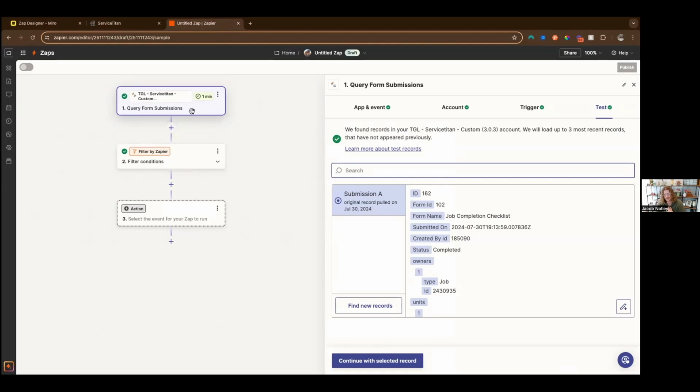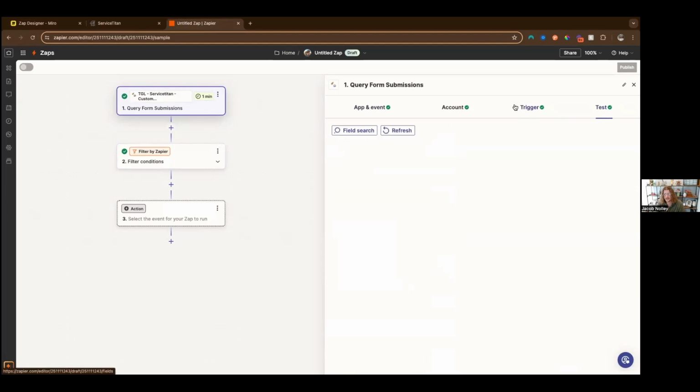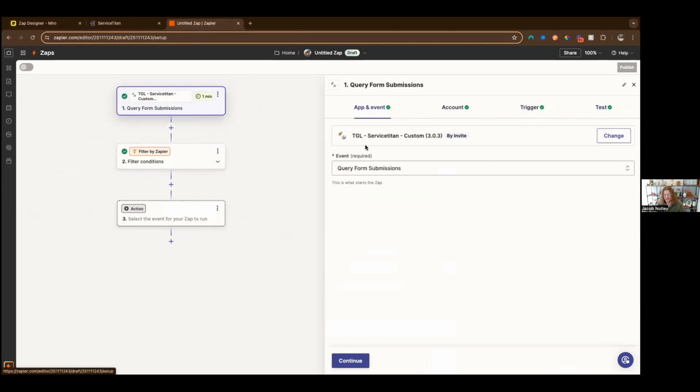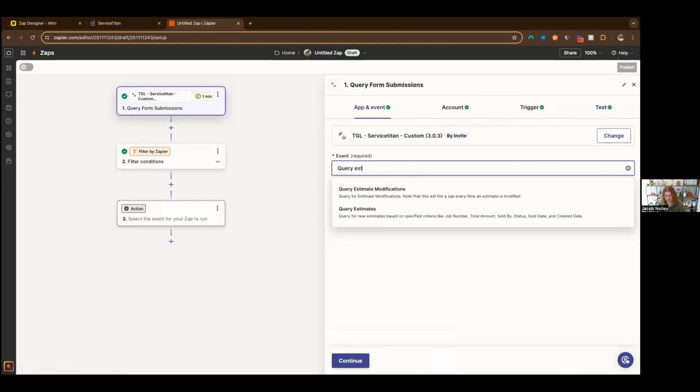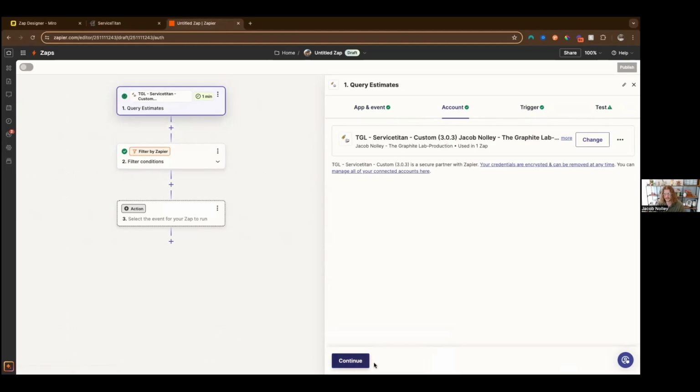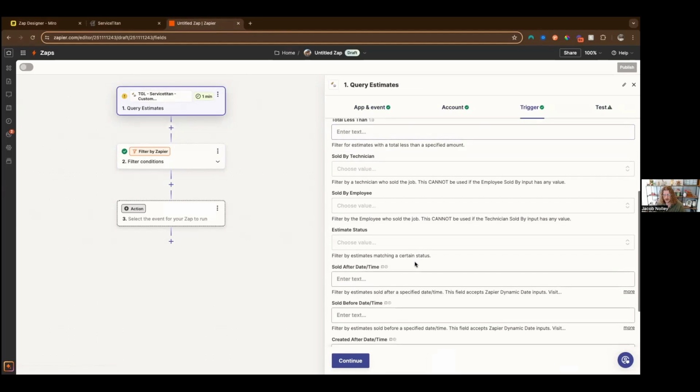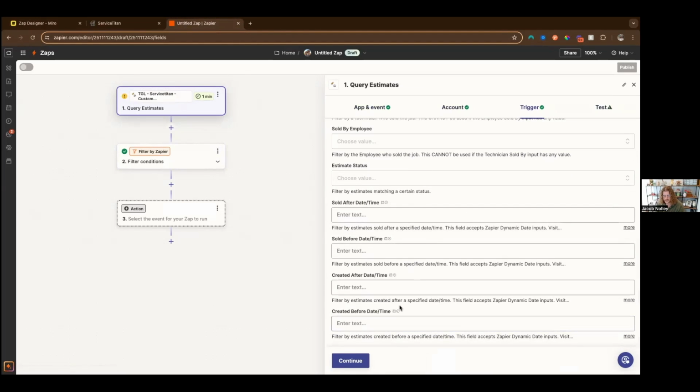And what we're going to assume here is that we want it to be based off the estimate itself. So what we're going to do is query estimates, click continue. You can see we have all sorts of values coming through here. What we're going to want to do is manage our created after and created before dates to trigger at the right moment. One of the major considerations here is, when an estimate's created, the technician typically has not added anything to it. If you trigger the moment they create the estimate, it's going to cause major problems because odds are